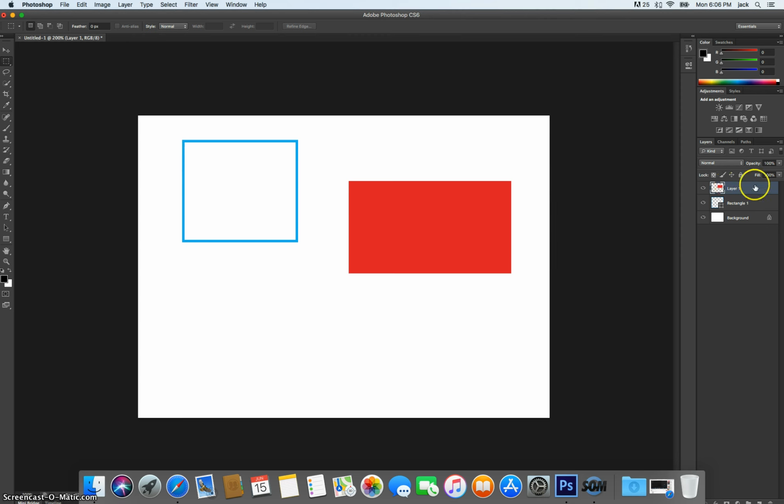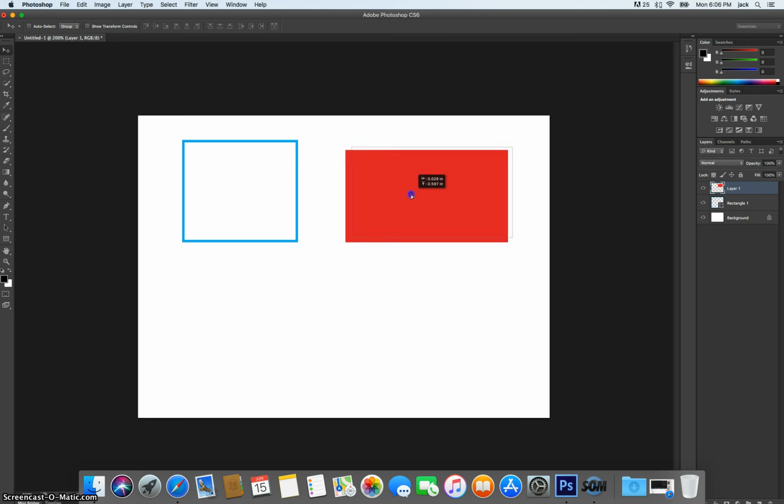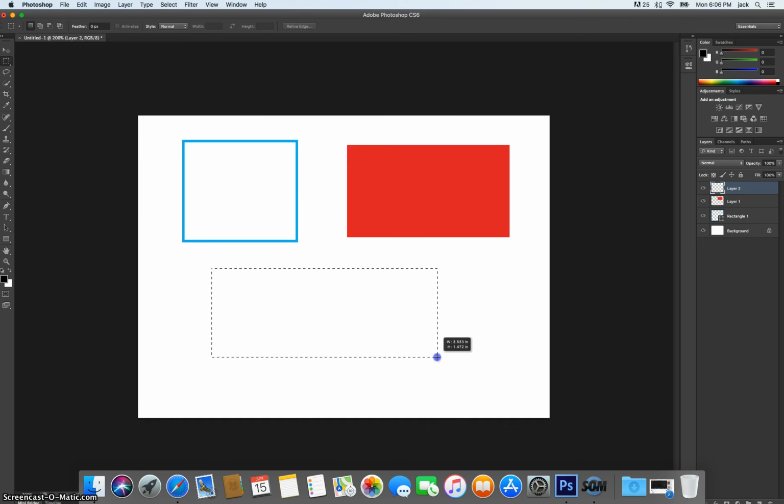And because we create this rectangle inside our layer, we can move the selection if we click on the move tool, or V on your keyboard. You can now move this rectangle. Now I will create a new layer again, but now I will draw a new rectangle,